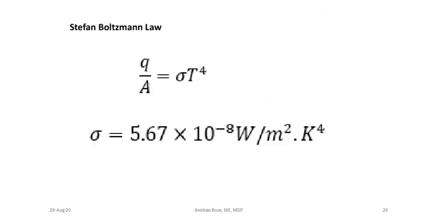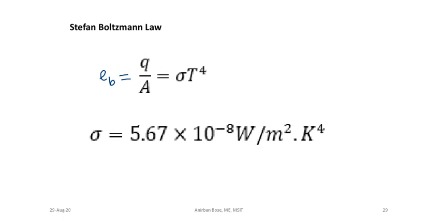Now we have seen one of the subsidiary laws in conduction, which is Fourier's law of heat conduction. Then we have seen one of the subsidiary laws useful for convection, which is Newton's law of cooling. Now we'll see the Stefan-Boltzmann law. This is one of the very important laws in radiation heat transfer. So here you see basically this one is the EB. This is kind of a heat flux.